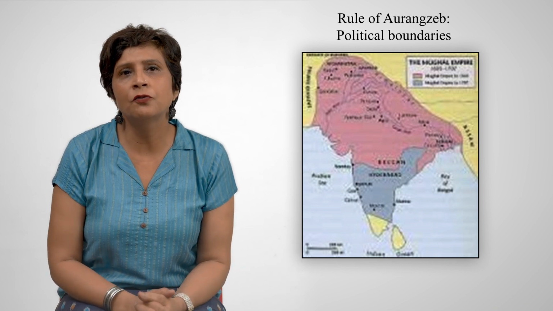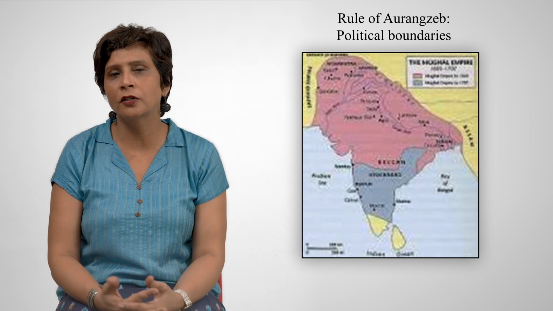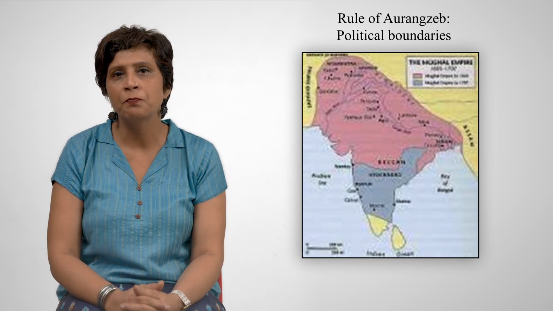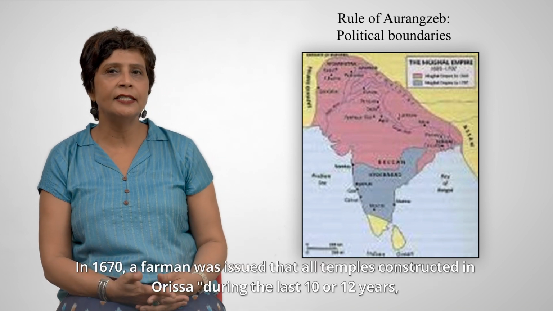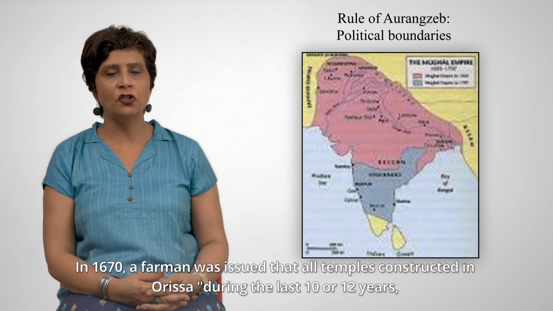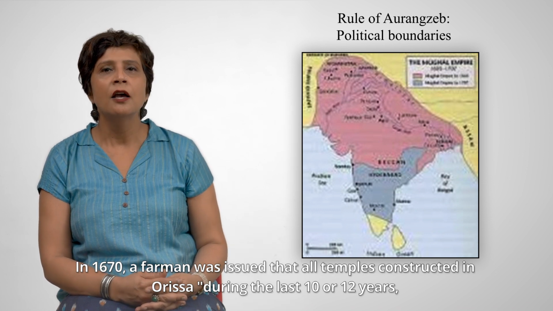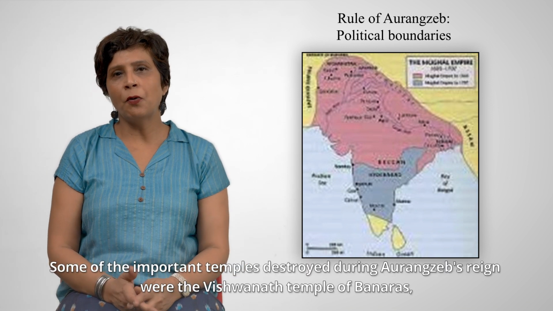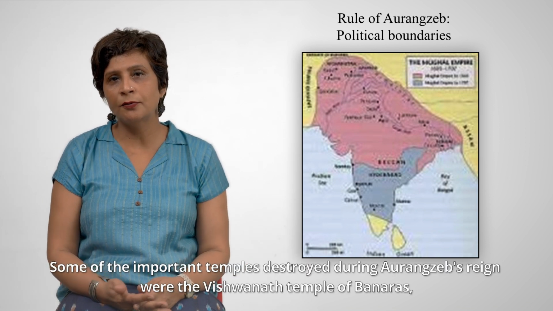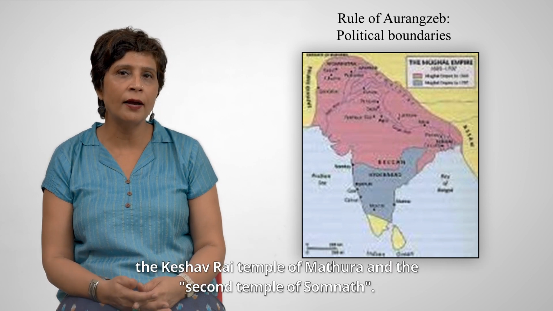Now, Aurangzeb's orders were operative in the whole of the empire, and he ordered the destruction of the temples in Banaras. He also instructed that old temples were not to be repaired. In 1670, a farman was issued that all temples constructed in Odisha during the last 10 to 12 years, whether with brick or clay, should be demolished without delay. Some of the important temples destroyed during Aurangzeb's reign were the Vishwanath Temple of Banaras, the Keshavrai Temple of Mathura, and the